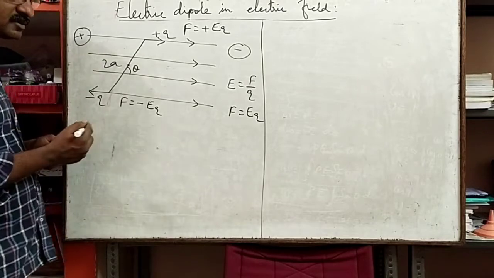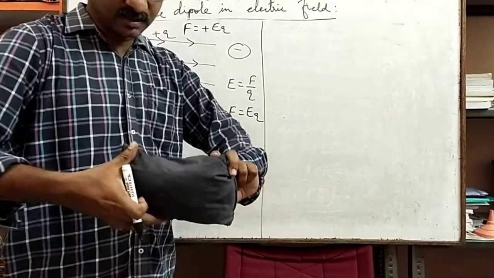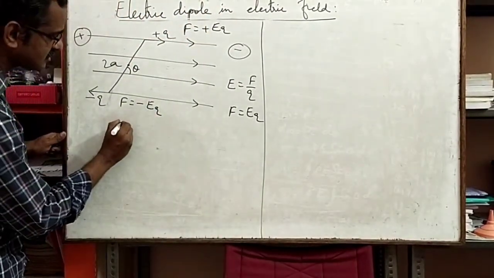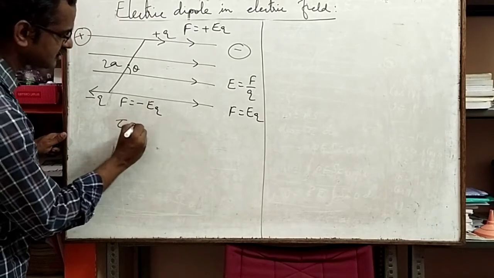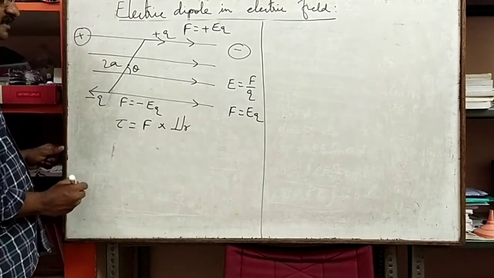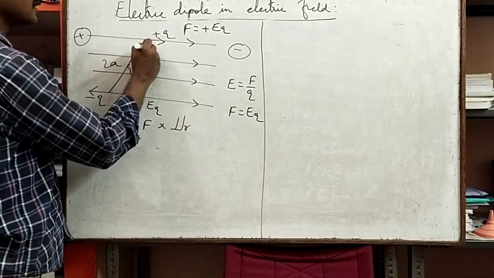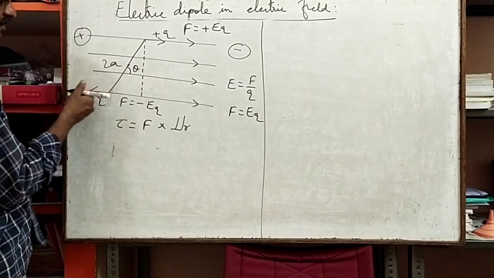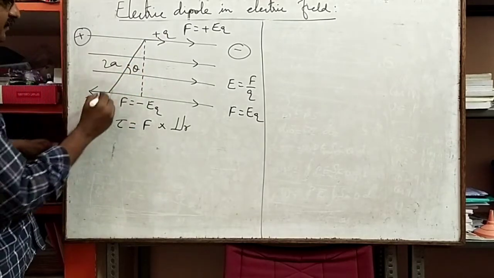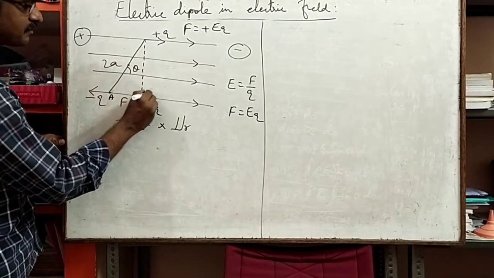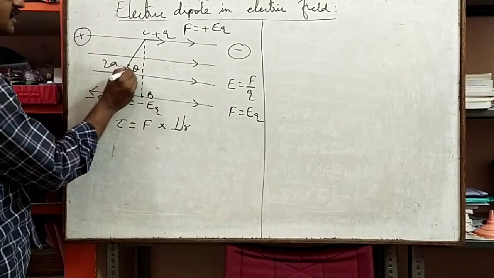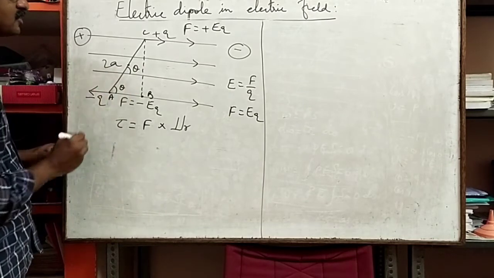Torque is a twisting force, just like when we apply two equal forces in opposite directions. Torque tau is equal to one of the forces into the perpendicular distance between the two forces. Here, this is the perpendicular distance between these two forces. Here force is acting, here force is acting. Let this point be A, let this point be B, let this point be C. So BC is the perpendicular distance. If theta is here, then this is also going to be equal to theta.